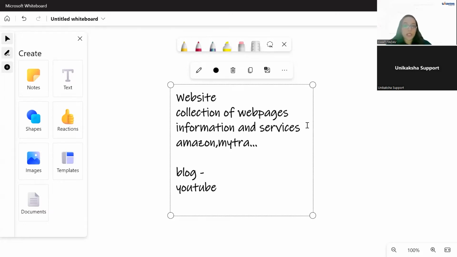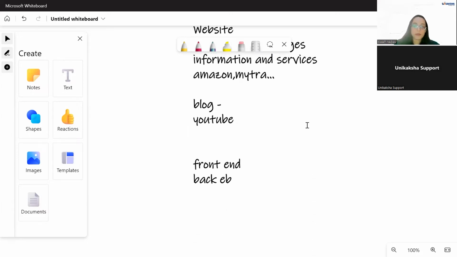That's the work of the front end, the designing part, the user interaction, which is done by front end developers. They create everything you see on a web page, including the colors, the layouts, the navigation and everything.